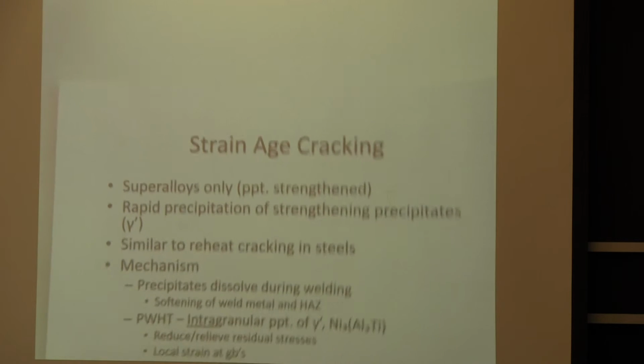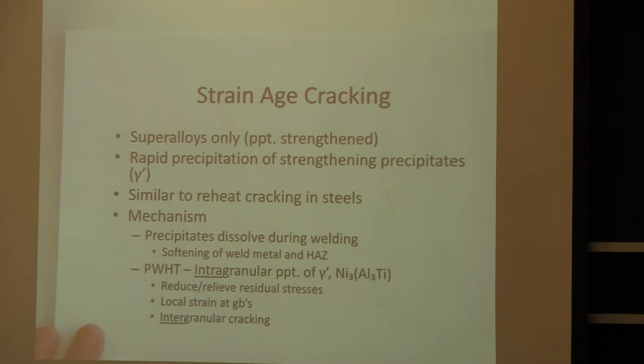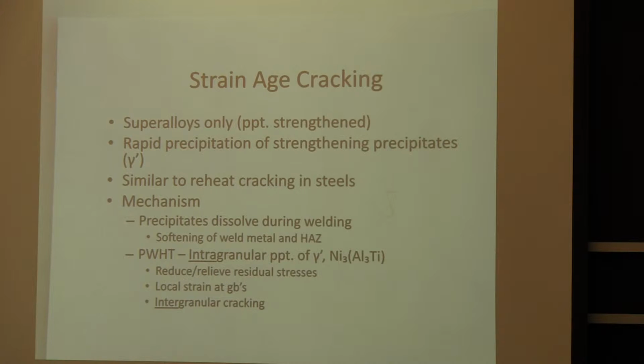So the last weldability issue with nickel-based alloys that I wanted to talk about is strain age cracking. This is a phenomena that only happens in the super alloys, or the precipitation strengthened alloys. And it happens because of that rapid precipitation of the strengthening precipitates, the gamma prime precipitate especially. It's similar to reheat cracking in steels,